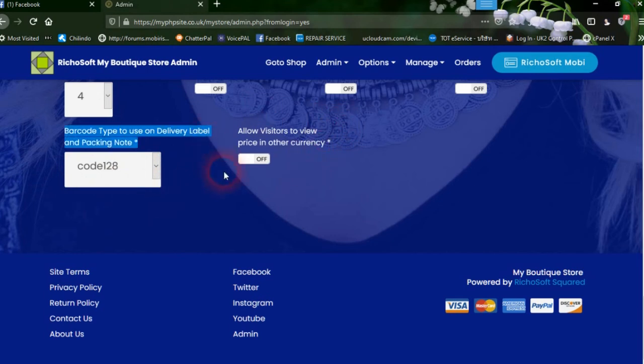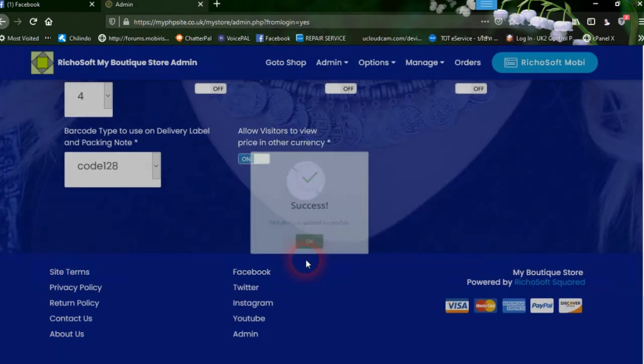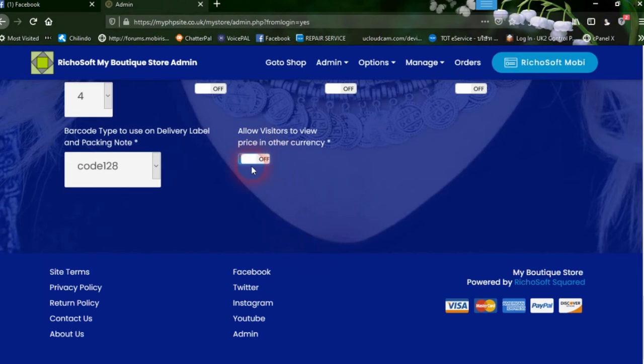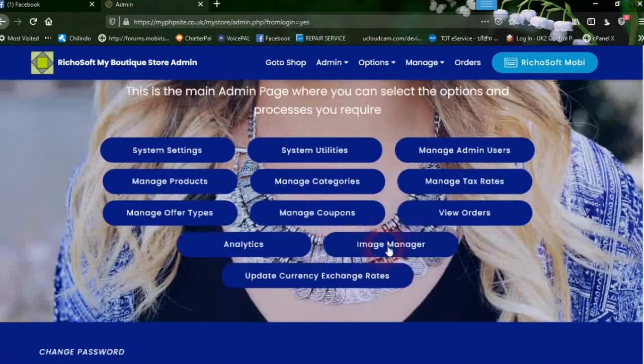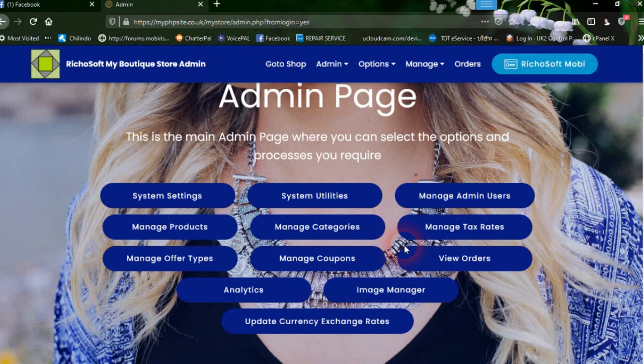And then if you want the visitors to be able to view prices in another currency, then you just switch that on and they will get the option to do that on the main shop page. Okay, so that's all the settings, apart from one last thing, and that is the